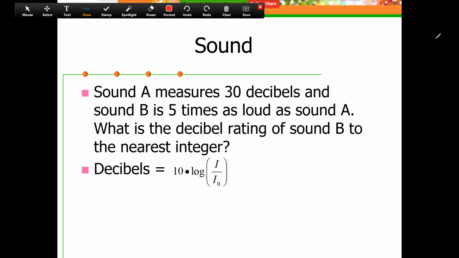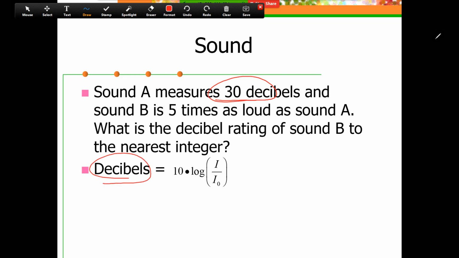So we're going to compare sound A and sound B. Sound A measures 30 decibels. So we can take this 30 decibels and plug it in here and have a formula for sound A. Now the I in this formula is intensity, and we're going to use an I subscript A for sound A. So the formula for sound A would be 30 decibels equals 10 times the log of sound A's intensity over an initial intensity, which will end up going away in the problem, so we don't need to